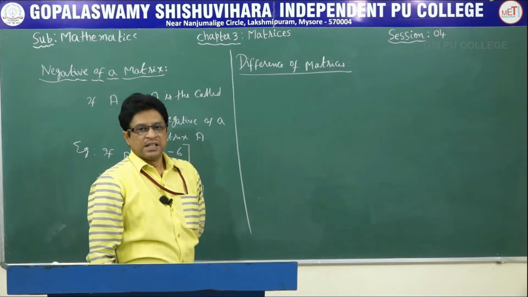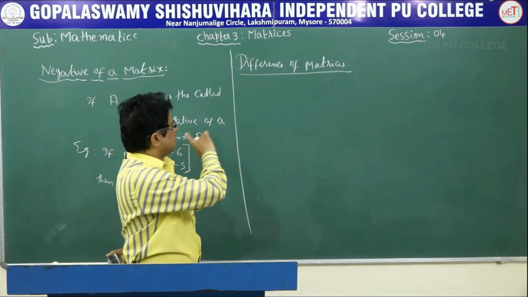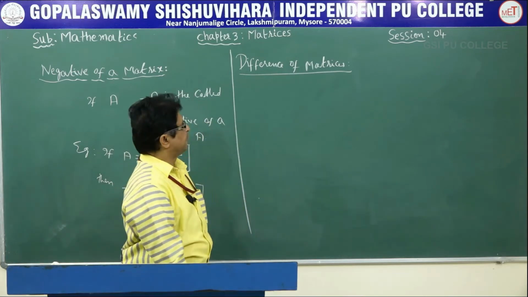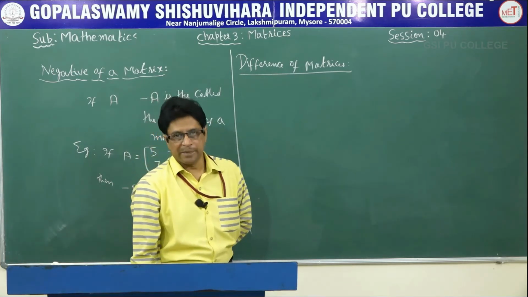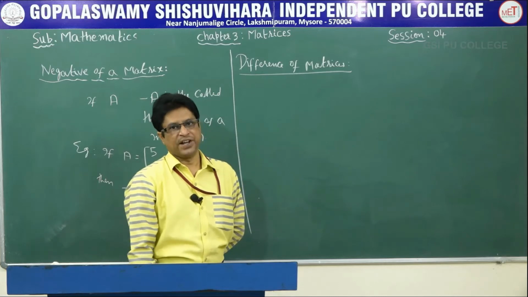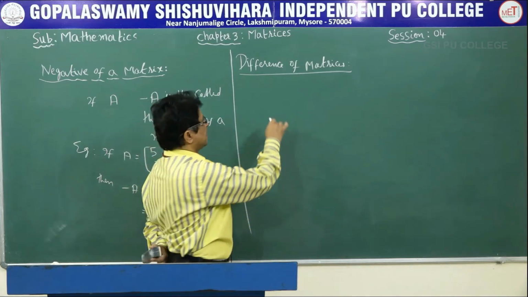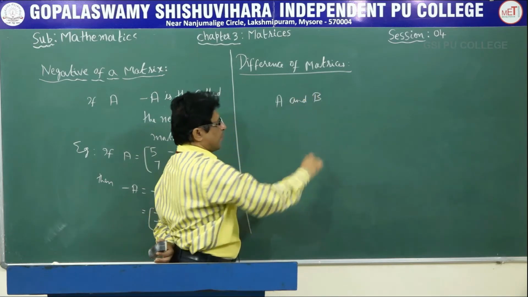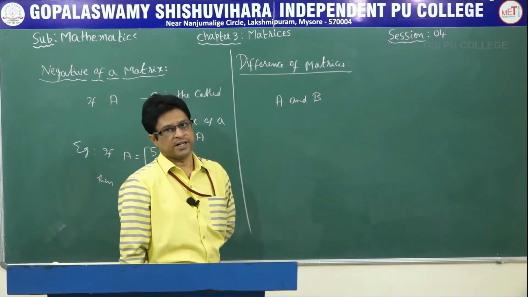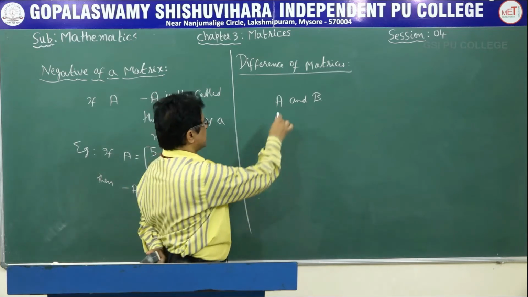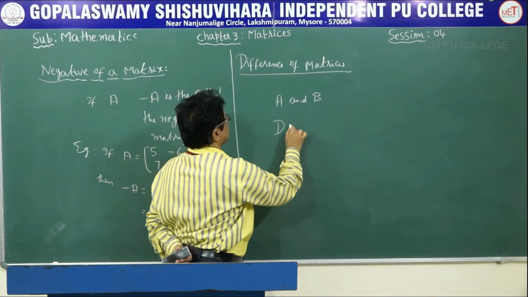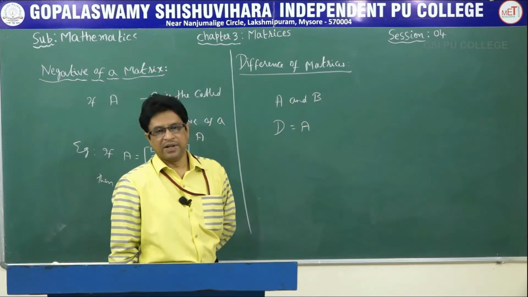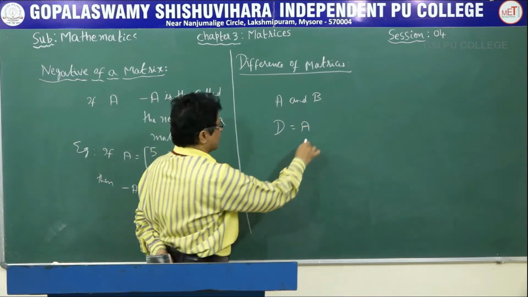Here also the difference of matrices is defined only if the orders of both the matrices are the same. That is, if A and B are two matrices of the same order, then the difference of these two matrices, that is D, will be another matrix D, which is equal to